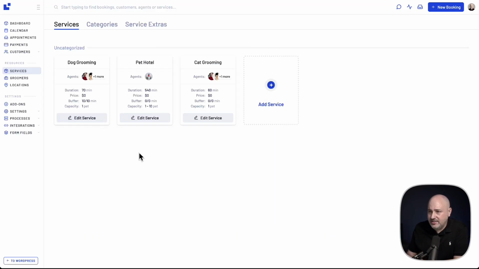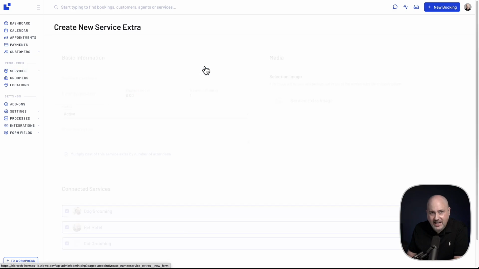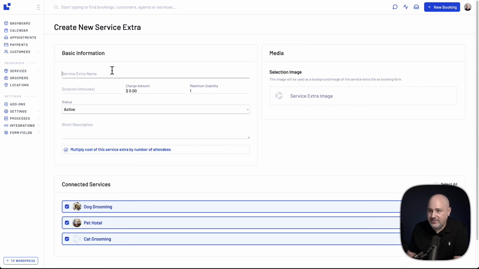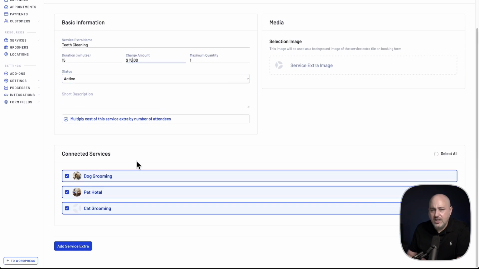So I'm back to my listing of services, and there's an option here that says Service Extras. We simply click on this. Let's click on Add an Extra, and then I'm going to give it a name. I've named it Teeth Cleaning. Let's add a duration of 15 minutes, and let's add a $15 charge. How about that? $15. And now that that is set, we scroll down and choose the service that this extra